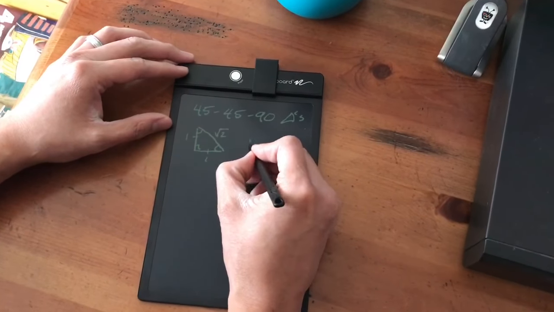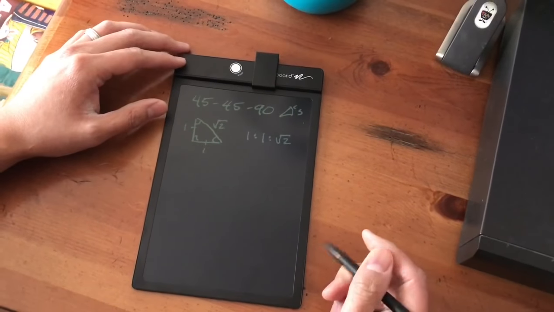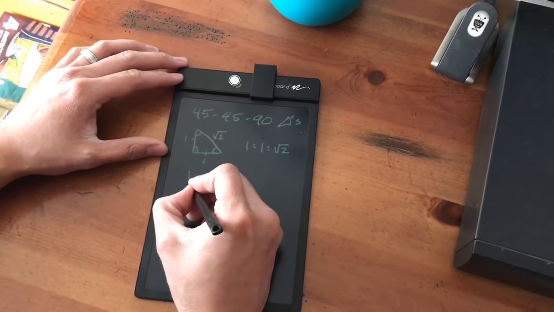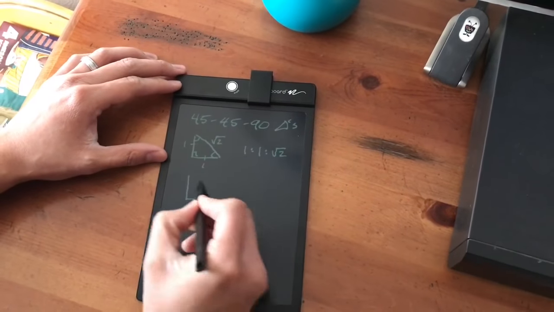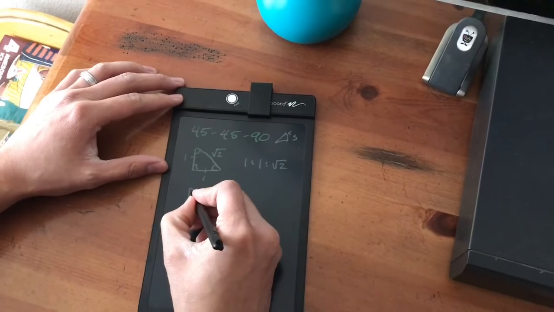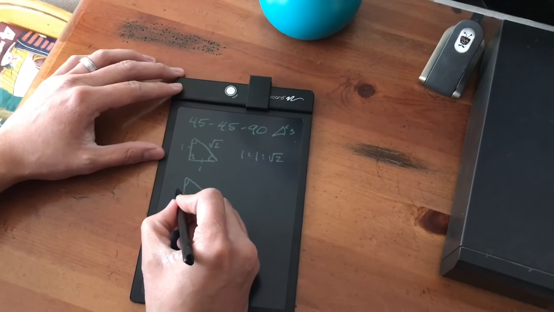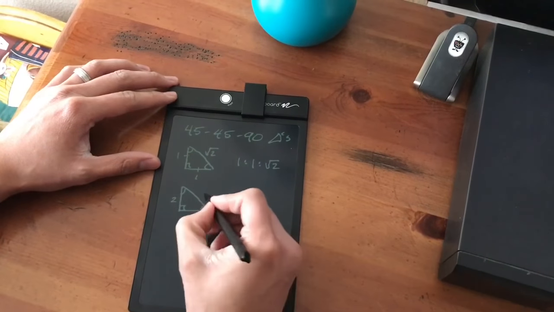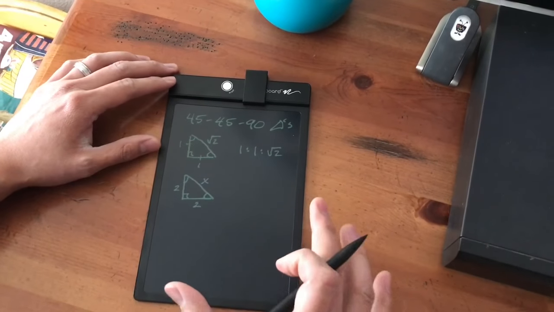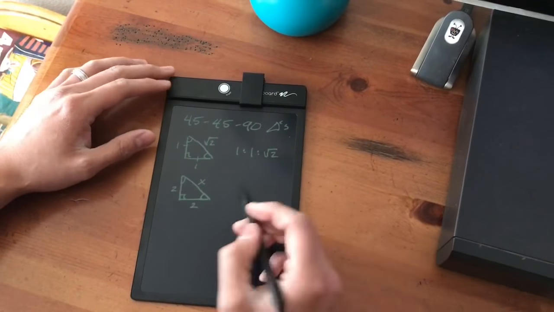And so we get this nice ratio. It's 1 to 1 to square root of 2. Right? And so this ratio, it's nice because let's say we look at a bigger triangle. So it's going to be the same, so they're similar, right? Because it's still a 45-45-90 triangle. But let's say that the side lengths are 2, and we want to find out what the length of the hypotenuse is, right? And so since they are similar and we have ratios, we can use a proportion to solve